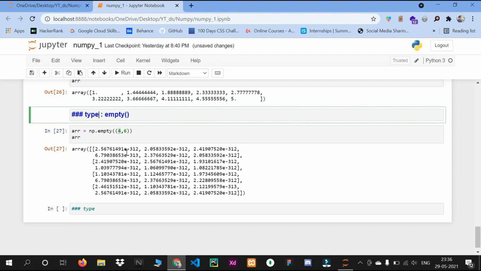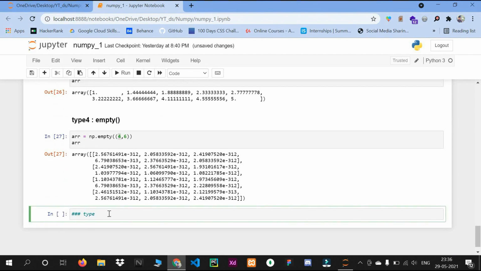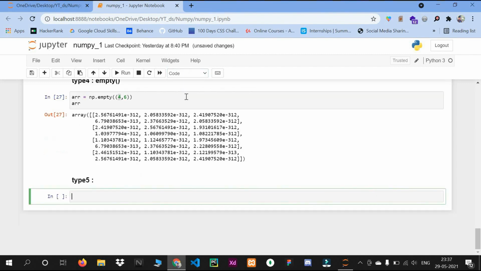The last one, the fifth type, is used specially, called the intrinsic type. Let's say type 5. Here are various ways to create arrays. First is zeros.